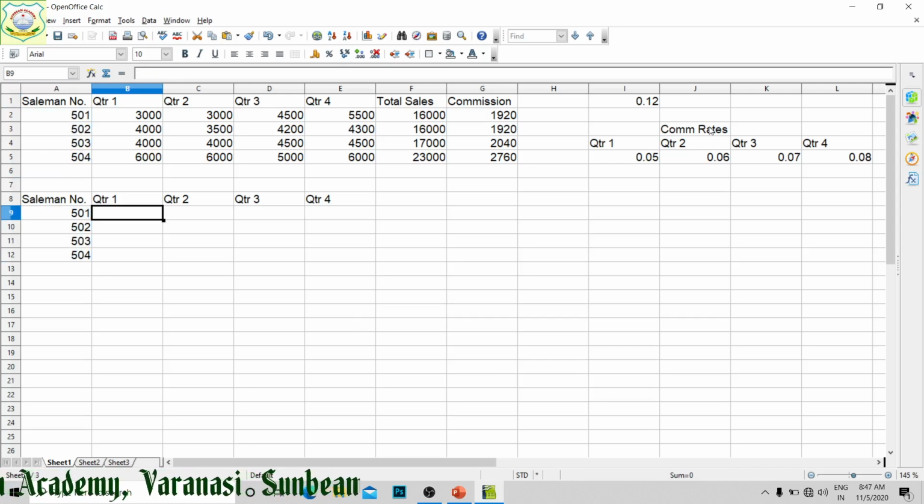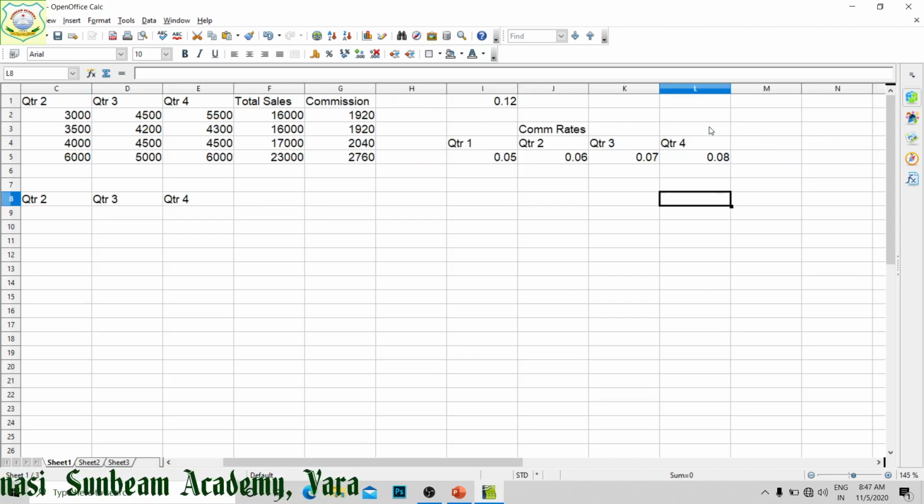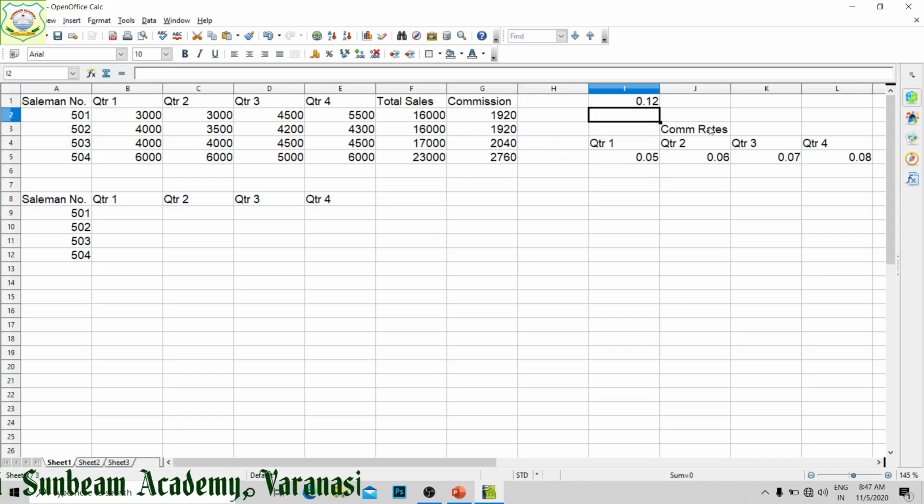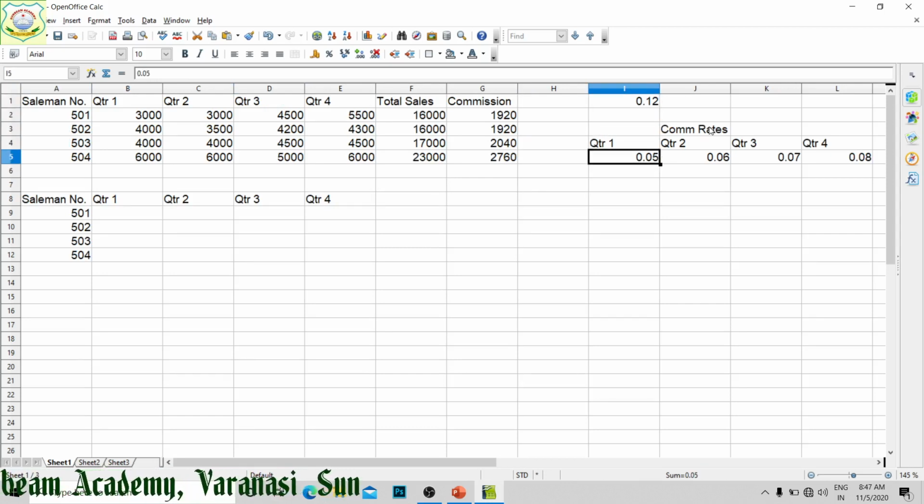Now quarter 1, as per their quarters we are going to find out. So in this case, for quarter 1 the employees' commission rate is 0.05. In this what will happen, this column letter will remain fixed, means from this column only we are going to take the data, but the row number we have to make absolute.